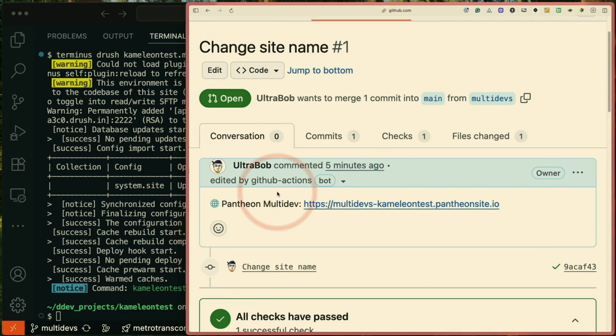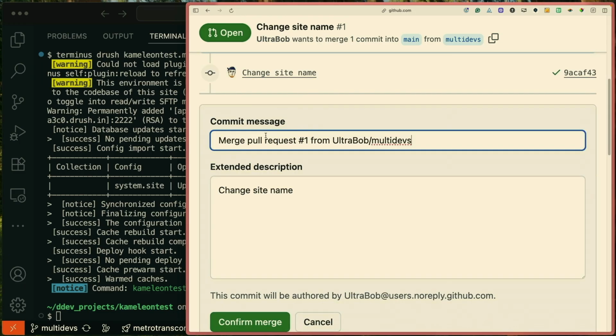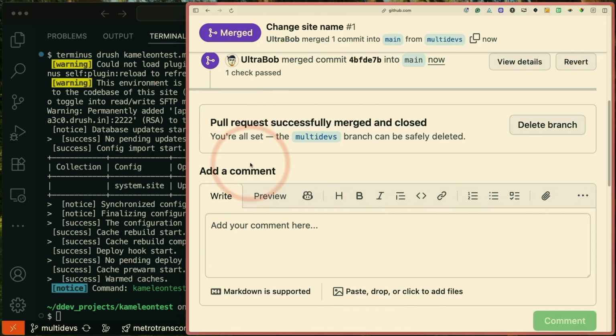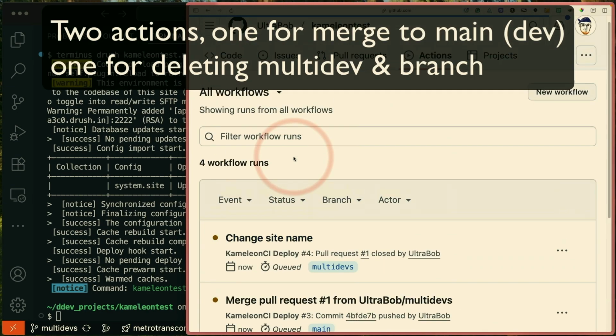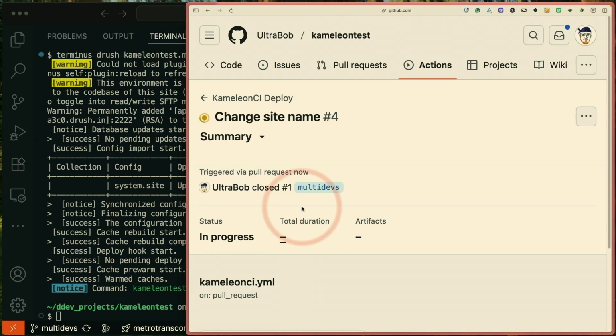So finally, if we go back over to the pull request and merge it, we'll see that it kicks off two actions. One to deploy to main and the other one for closing out the PR. So looking at the one for closing the PR, since we've already looked at an example of that other one, we'll see that